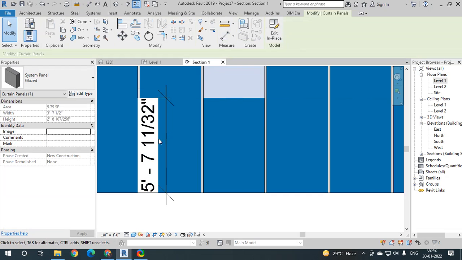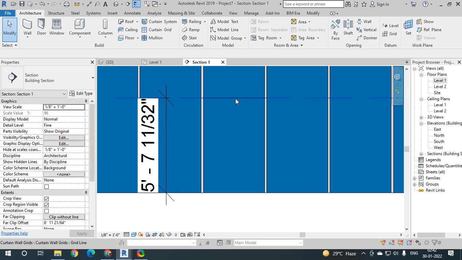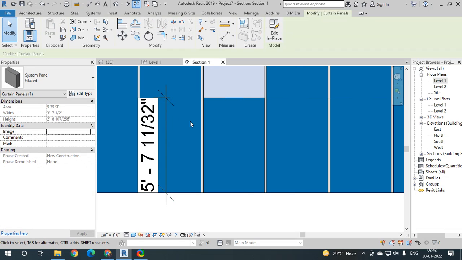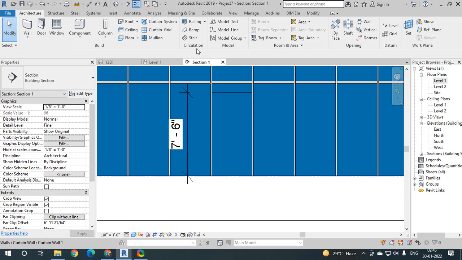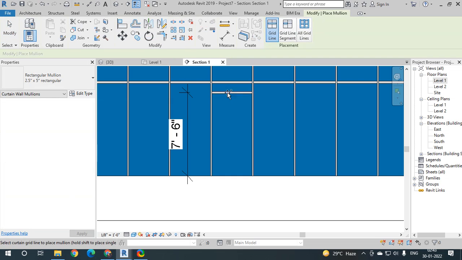By default we have 7 feet 6 inches as the door height. We know that 7 feet 6 inches is the standard height of the door, and then I will place a mullion here also.